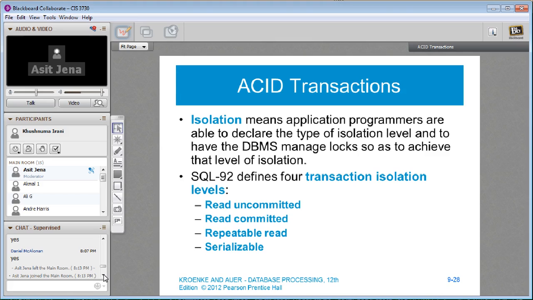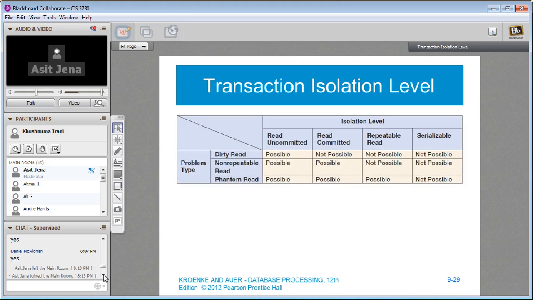By read uncommitted and read committed, you, as application programmers, basically tell the system how to implement the isolation level. So read uncommitted, read committed, repeatable read, and serializable: if your isolation level is read uncommitted, dirty reads are possible. That means if somebody is writing something and has not committed it, and you read it before they commit, and they decide to roll back instead, you can have a dirty read.